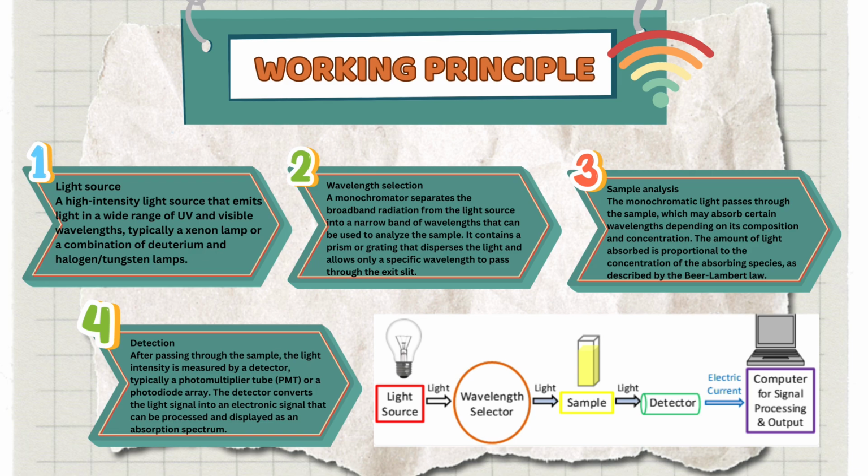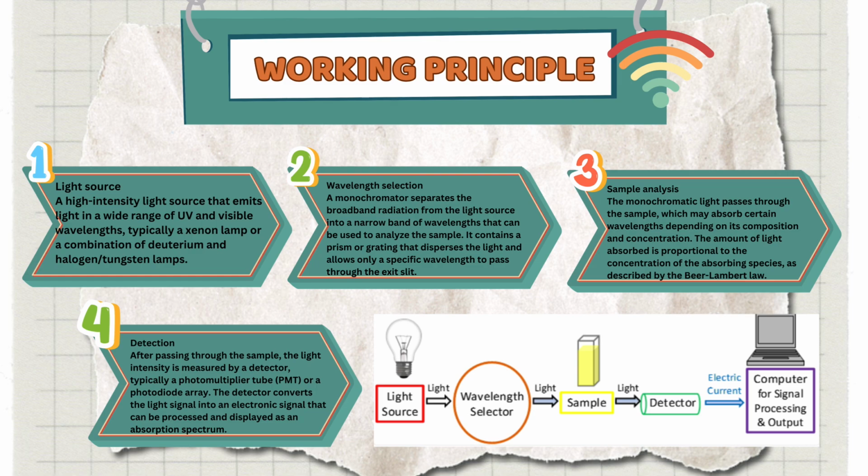The second one is wavelength selection, where a monochromator separates the broadband radiation from the light source into a narrow band of wavelengths that can be used to analyze the sample. It contains a prism or grating that disperses the light and allows only a specific wavelength to pass through the exit slit. And the third one is sample analysis, where the monochromatic light passes through the sample, which